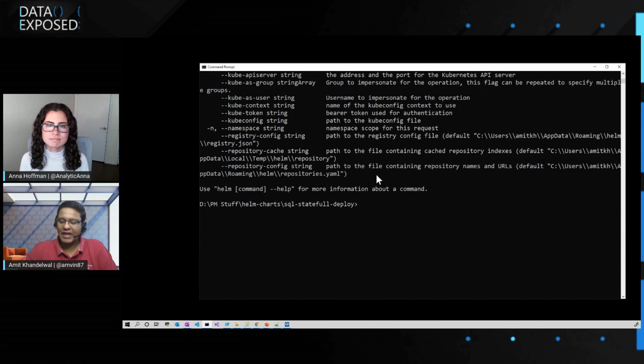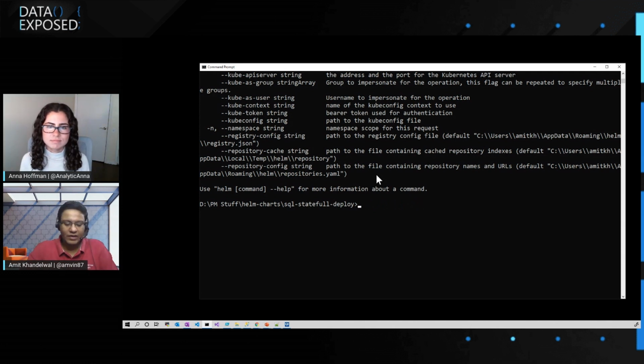And once you have Helm installed, you also need to install kubectl using the command az aks install-cli. Once you do that, this is going to install the kubectl command. And then you need to just add the credentials, because from my local machine, I'm going to be talking to the Azure Kubernetes Service. So I need to go ahead and merge the context of the Azure Kubernetes Service cluster with my kubectl.